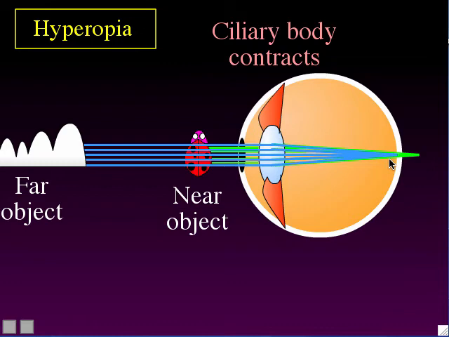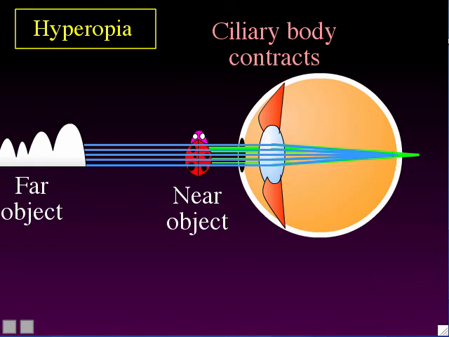Now, there's a limit to how far they can contract the ciliary body muscles, so they can't contract them enough to bring the near objects onto the retina. So the near objects are always going to be out of focus. But nevertheless, by contracting their ciliary body muscles, they can get the far objects into focus. And notice that's different from people with normal, healthy vision. Remember, they see the far objects by relaxing their ciliary body muscles. But people with hyperopia have to contract their ciliary body muscles to see the